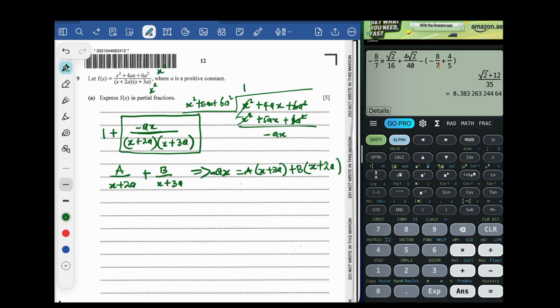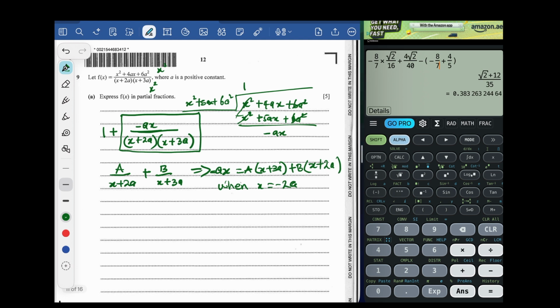So when x is minus 2a, what do we get? So x is minus 2a, so I substitute here, here, and here. So that gives me 2a squared is equal to